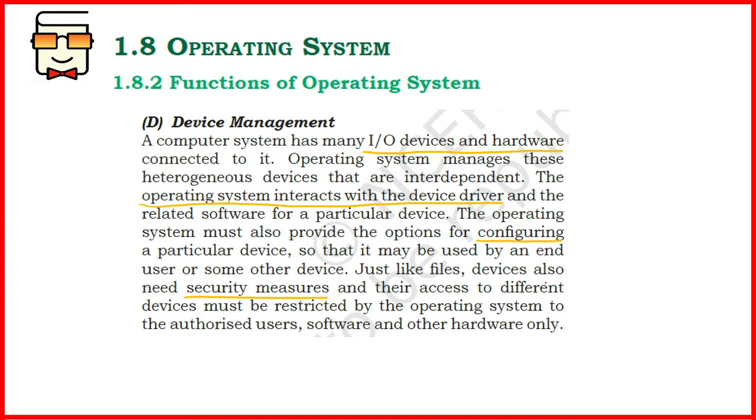And this involves giving them the correct amount of resources that they require, giving them time on the CPU, because any function that must be performed has to go through the brain of the computer, which is the CPU. Okay, the CPU will give out commands on the control buses that if there is a hardware device known as the scanner, then read this information from the scanner and save it into the memory. So all functions, and all security measures also, related to the hardware devices must be taken care of by the operating system.